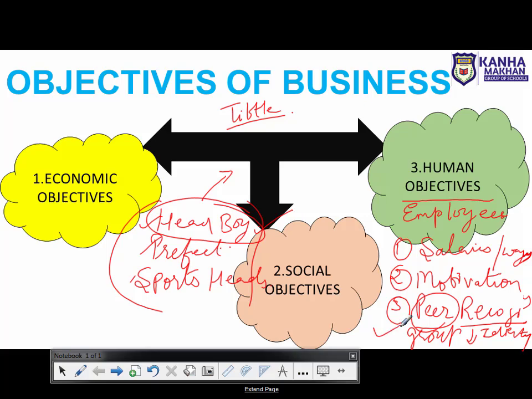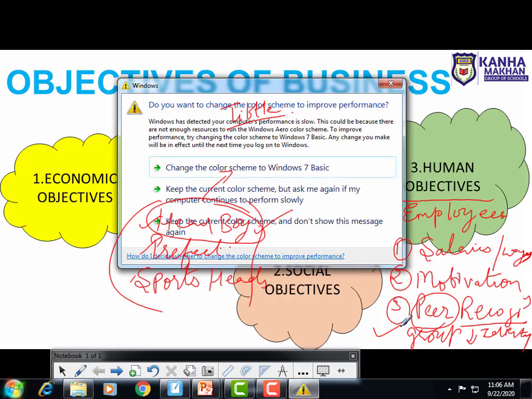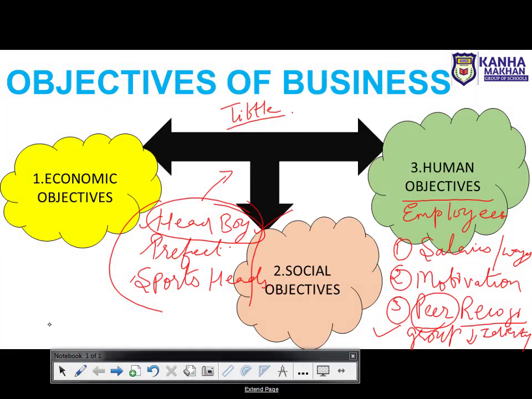It depends upon the organization. They can take different initiatives for motivating their employees, right? So these are the different types of objectives which a businessman has to take care of. ठीक है, it is not like that the businessman has to focus only on one thing, क्योंकि businessman है तो वो सिर्फ और सिर्फ एक ही चीज पे फोकस करेगा, ऐसा नहीं है. He has to focus on different objectives.